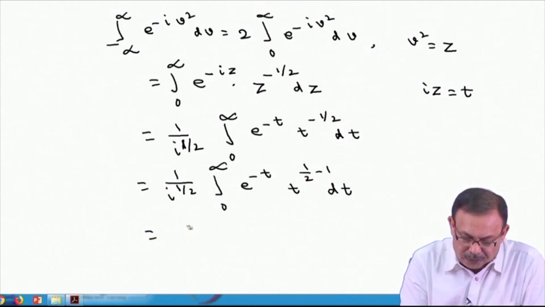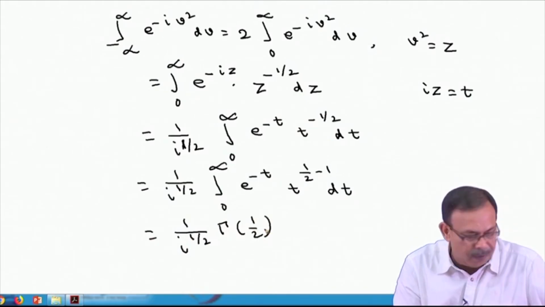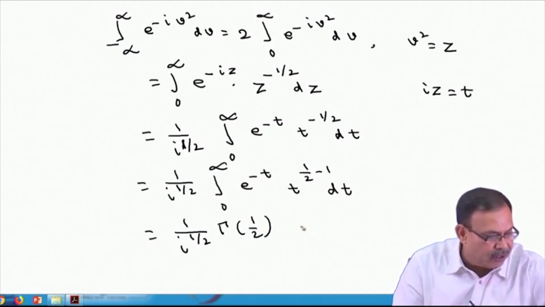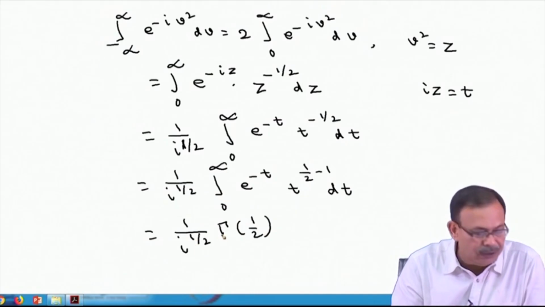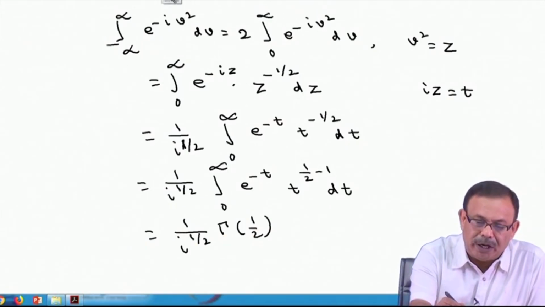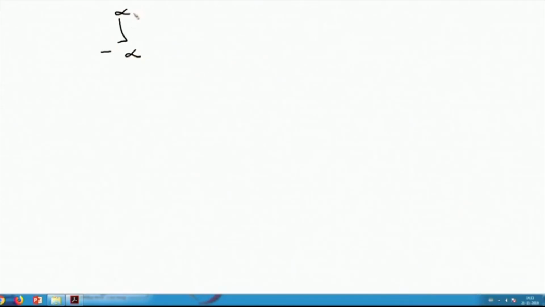So that you can write this equals 1 by I to the power half into gamma half, and gamma half is nothing but root pi. So, therefore, what you are getting here is 1 by I to the power half into root pi. The value of this integral from minus infinity to infinity,